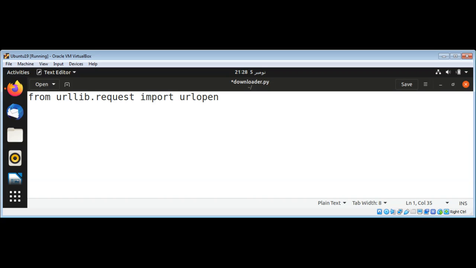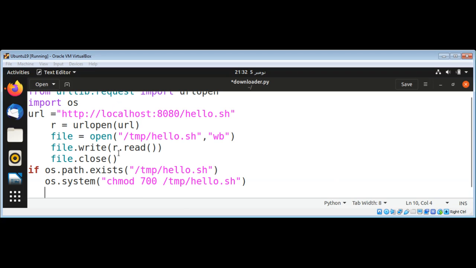With this we can open the URL of that file. So after reading the data and writing to our local file, I will close the file, and then over here I